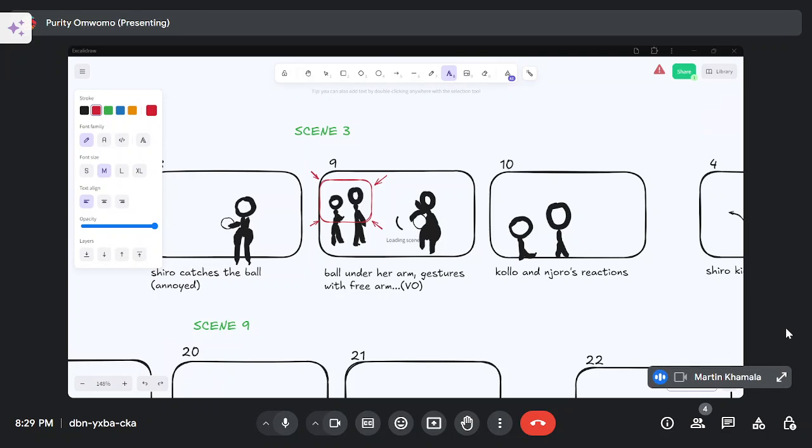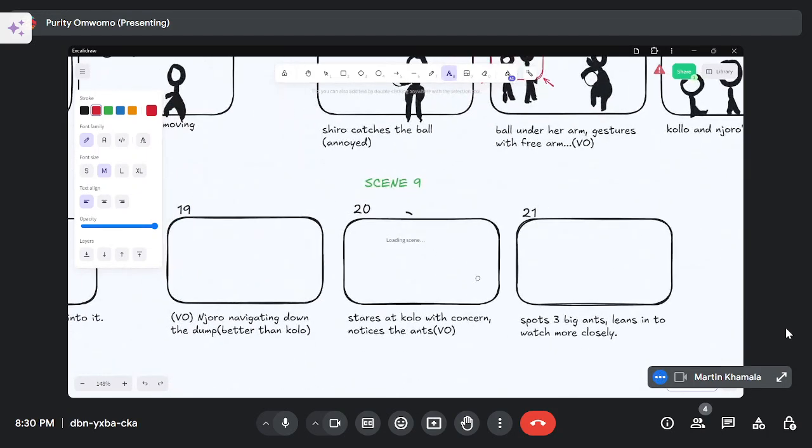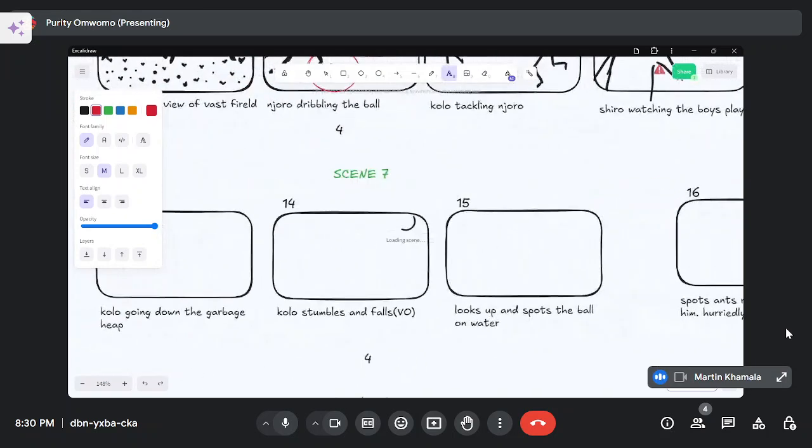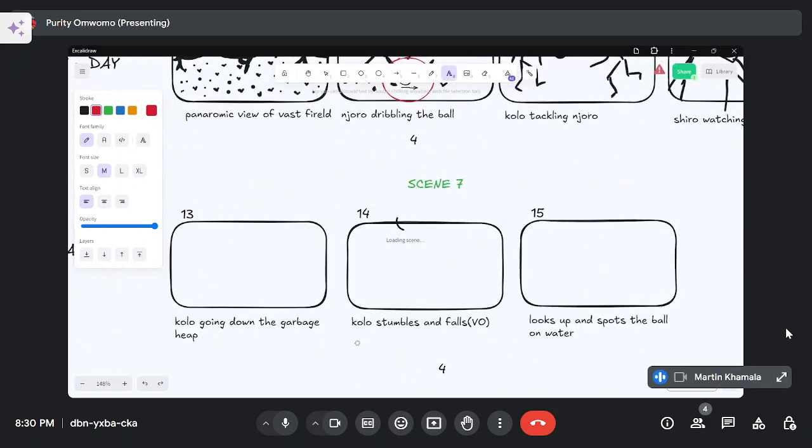For example, there's a place where I think Kolo falls down, maybe on his head, and he's falling in mud. The follow through action to a fall like that, if we fall with him and we are showing his head, would be mud falling on his head. So he falls down, he's already upset, but then mud falls on his head. That's the follow through action.